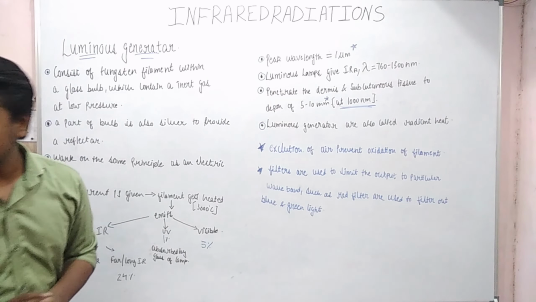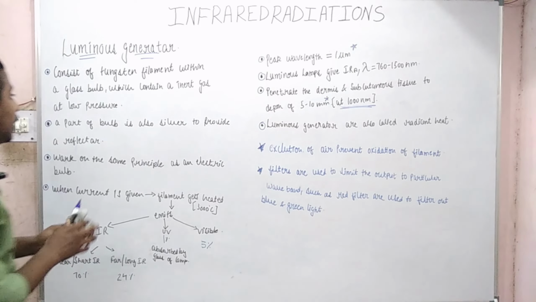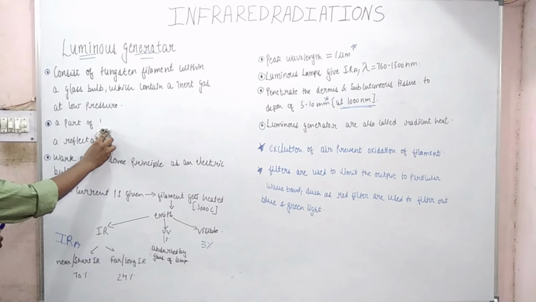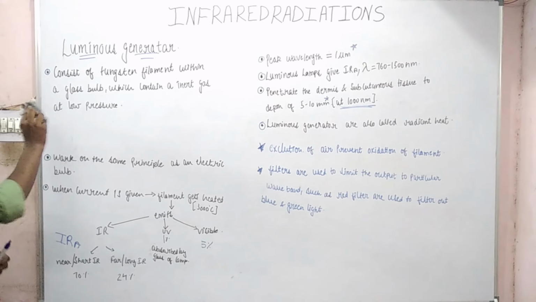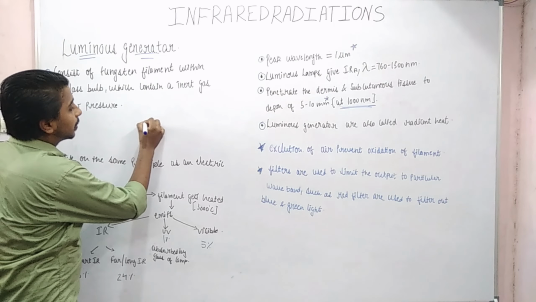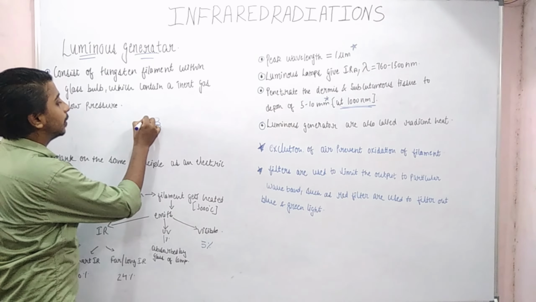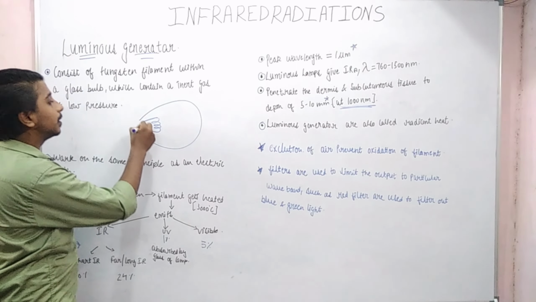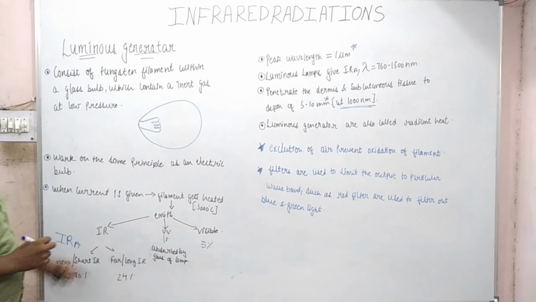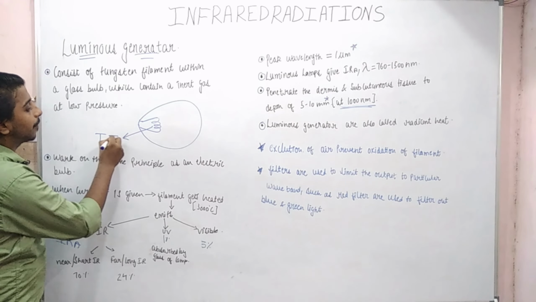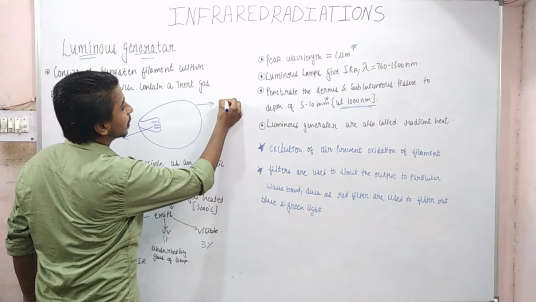Now I will make a diagram for you. I am just erasing this point, and I will draw a diagram for you. It consists of a tungsten filament within a glass bulb. So outside it is a glass bulb. This is a tungsten filament, TF. This is the glass bulb,